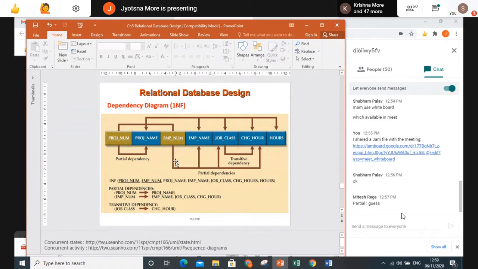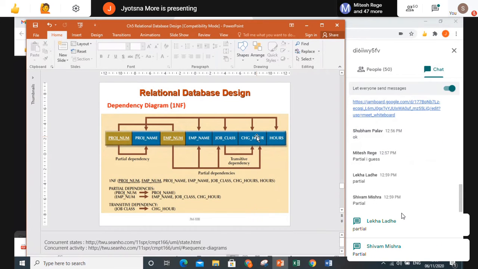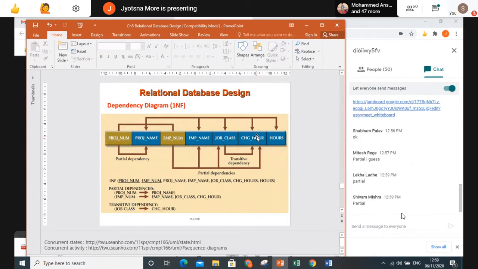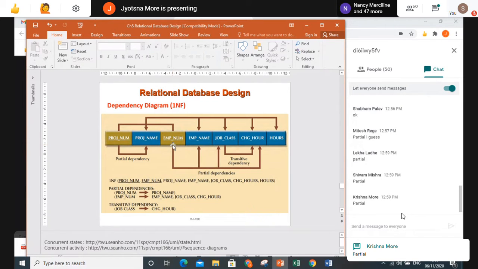So this is which kind of dependency now? Can you tell me? Only employee number determining these non-key attributes. So this is which kind of functional dependency? Anyone? Yes, correct. It is again partial functional dependency. So next to that write down in bracket PFD in capital, or you can write completely partial functional dependency. So this is part of my key attribute determining non-key attribute. So this is known as a partial functional dependency. Okay. Now next go for F4.